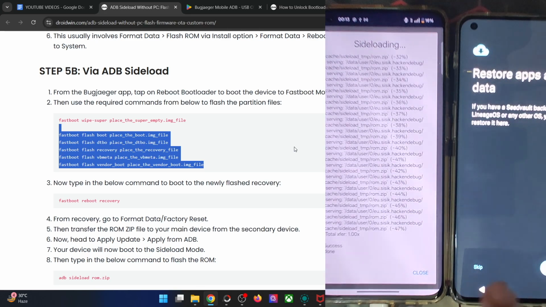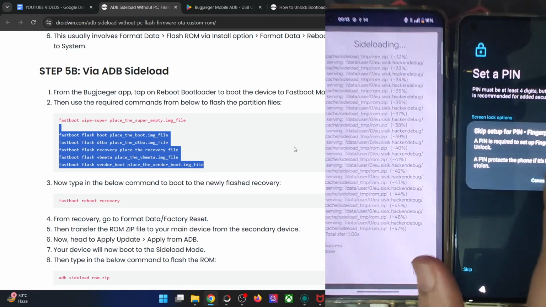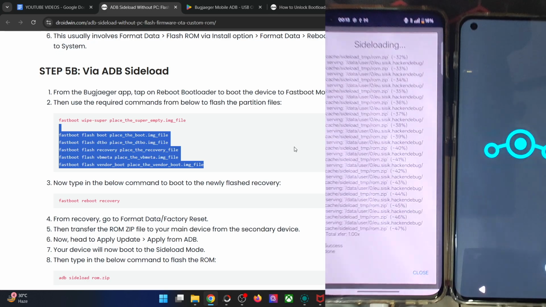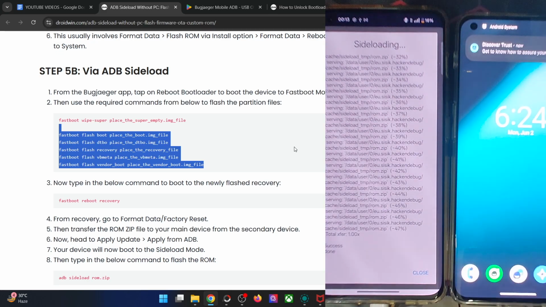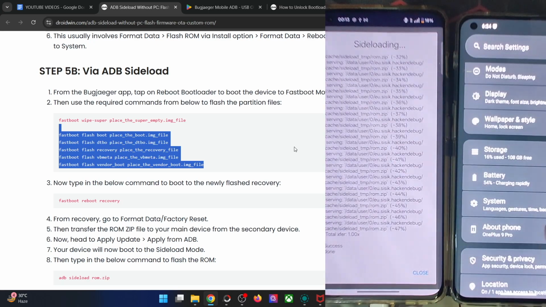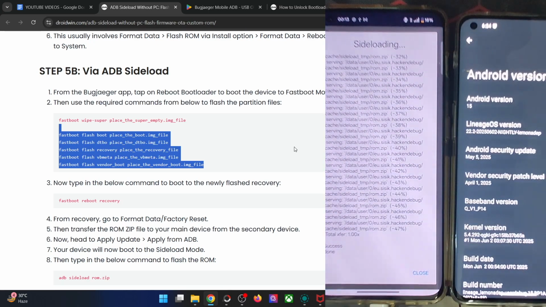So as you could see in my case, we are now inside the newly flashed OS, and everything is working along the expected lines. Flashing went very smoothly, no issue whatsoever. You could flash all the custom ROMs in the same way as well. Either the TWRP recovery or the ADB sideload, both will work without any issue whatsoever. So guys, we are now inside the LineageOS ROM, the Android 15 build over here, as you could see. And that's just about it.